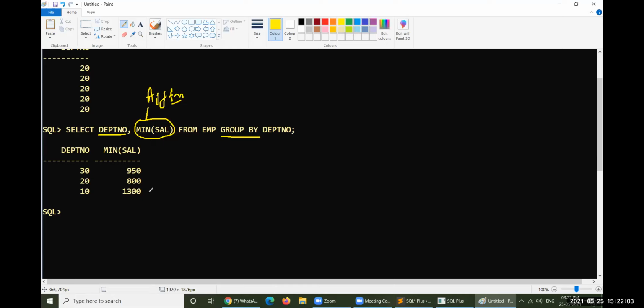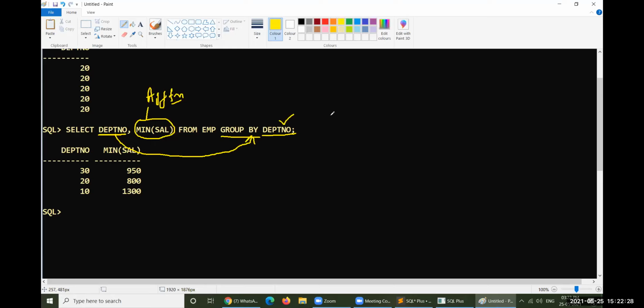If ordinary columns are there, these columns must be in the group by clause. The column which is not participating in aggregate functions must be in group by. It must be remembered forever.